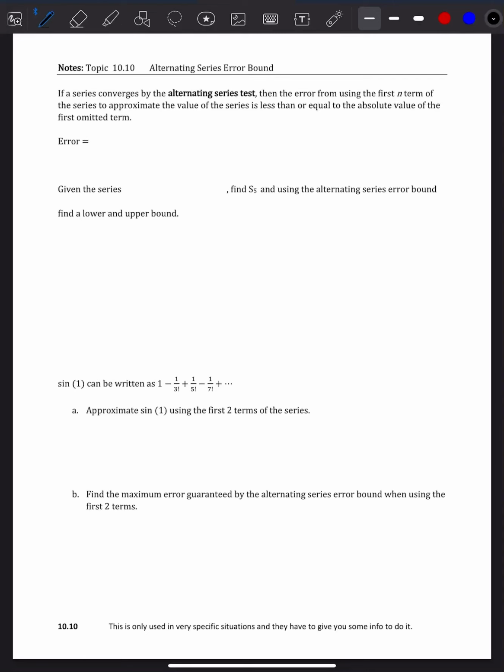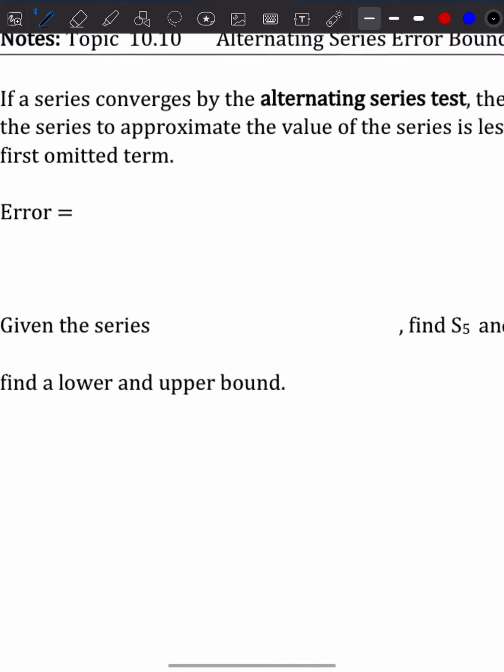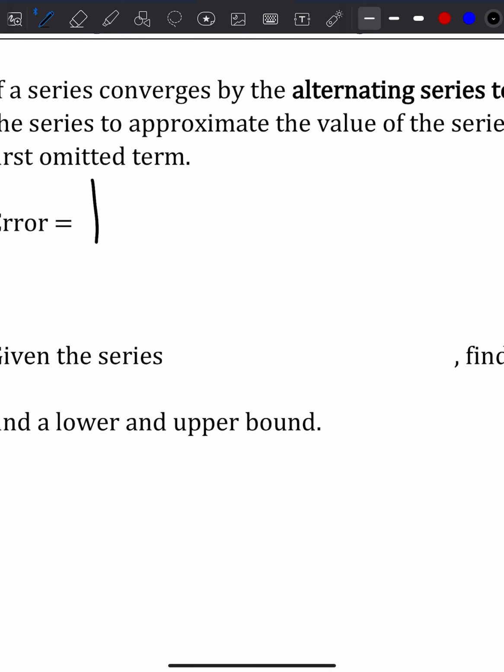Okay, and the last thing with alternating series, before we switch gears a little bit in this unit, is the alternating series error bound. So if a series converges by the alternating series test, then the error from using the first n terms of the series to approximate the value of the series is less than or equal to the absolute value of the first omitted term. So what we have here is the error is equal to the absolute value of big S